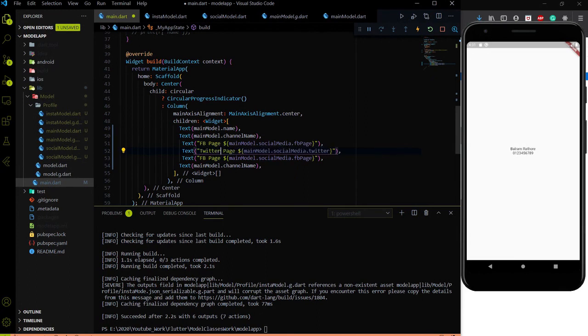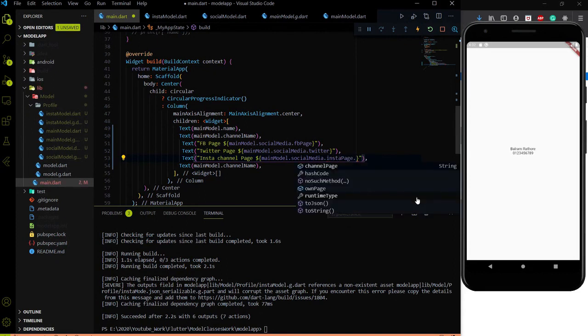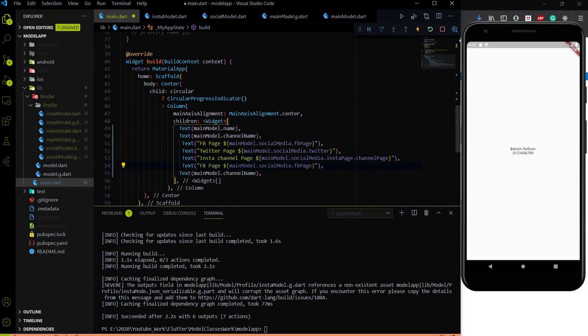One minute. I just wanted to show you how we can access the Insta page also. So Insta channel page. So let's access the Insta page. So basically we have an Insta parameter. So I will call the Insta page, and if I click dot, then you can see the channel page and own page. So let me show the channel page over here,